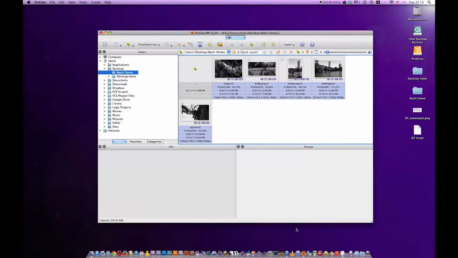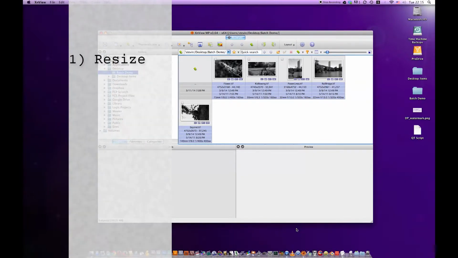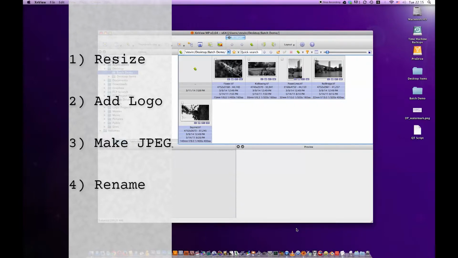In this scenario, I have a few photos that I want to share. Before I post or send them, I want to scale the dimensions down to a more manageable size and add the Dramatic Purposes logo so that everyone will know where they came from. I also want to change the file type from TIFF to JPEG and rename them so that they're easily identifiable